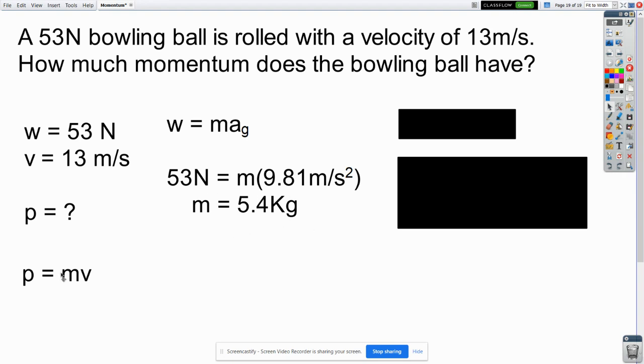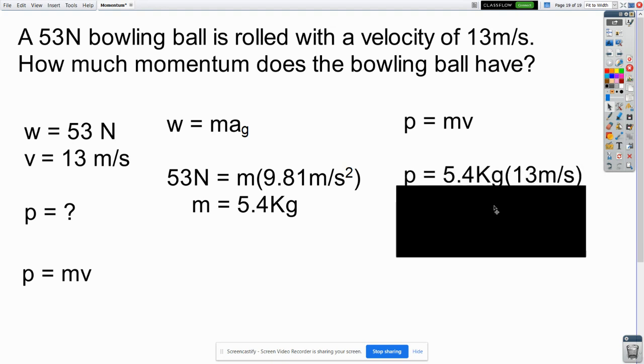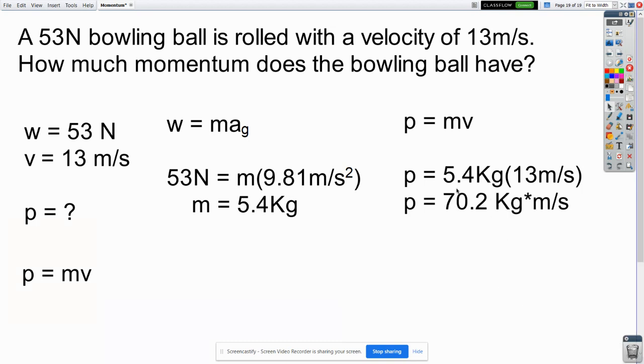Now that I have a mass, I can put that number into the momentum equation along with this 13 meters per second to solve for that momentum. So 5.4 kilograms times 13 meters per second. 5.4 times 13 is 70.2. And again, the kilograms and the meters per second combined together. So watch out for the unit conversions. Watch out for those ones where you have to do multiple steps and use old equations to solve the problem. In higher level physics classes, those are pretty much the